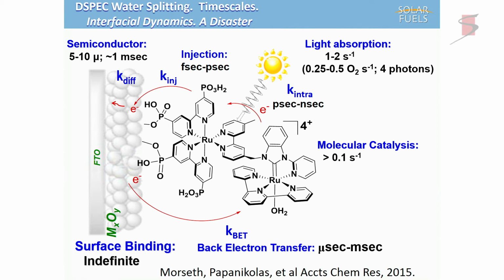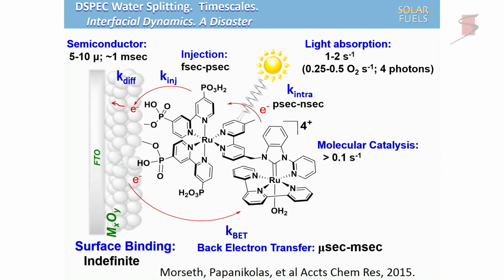Electron transfer is not fast. It takes milliseconds for the electrons to go through the semiconductor. And yet, if you look at this, we got a real problem because the sun is a crummy light, if you're a photochemist, a crummy light absorber. You got to wait and wait and wait for all these photons to build up, and every molecule's got to get oxidized, got to pick up 4 photons. And by that time,